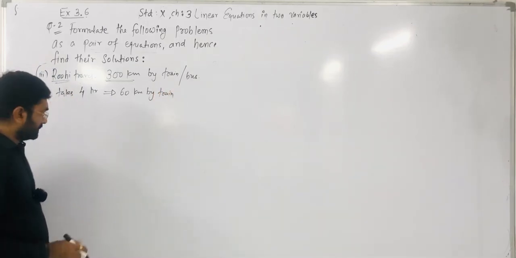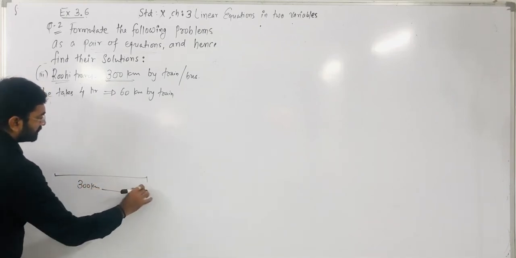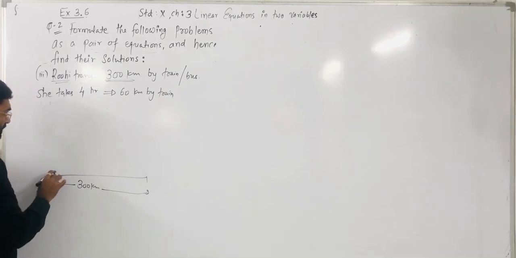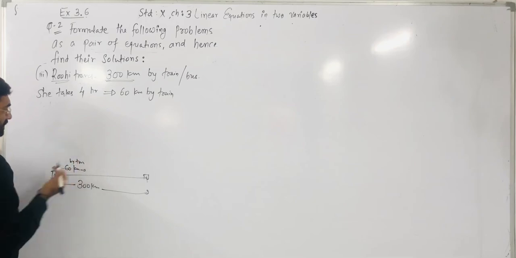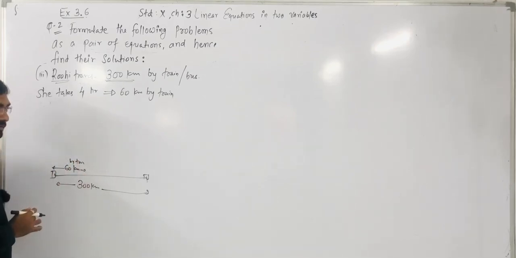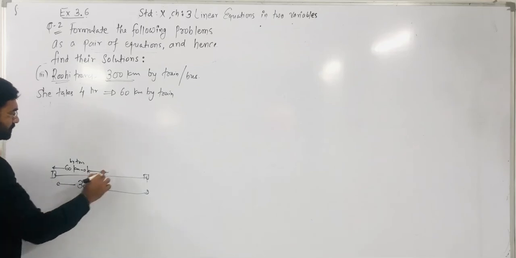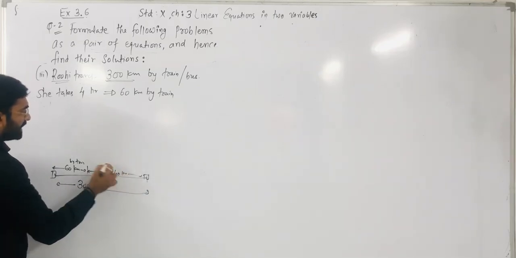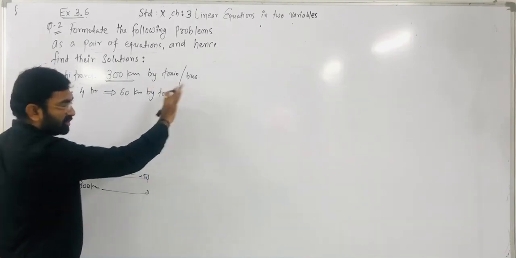Now what is the meaning of that? Suppose this is a 300 kilometer distance from office to home. Okay, if you say 60 kilometers you travel by train, by train you travel, right? Suppose out of 300, this is 60 kilometers. And they said remaining by bus. So the remaining distance is how many? From the 300, we have to subtract the 60. So we get 240 kilometers traveled by bus here. Okay, so here I mentioned it in the question only.